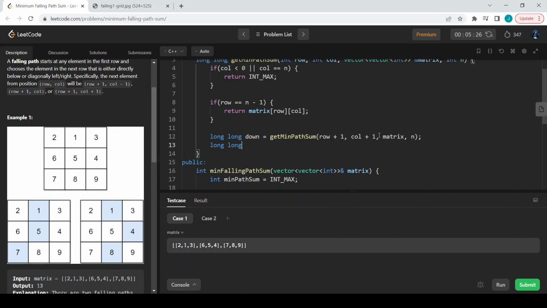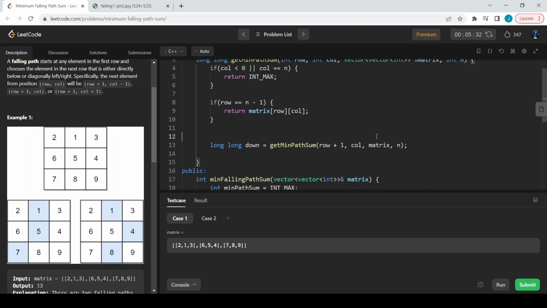Sorry, so we can go in order. Column will remain the same. Before going down, we can try to go as per the question, which is nothing but diagonally left. If I'm at this position, diagonally left, then below, then diagonally right, it will make more sense. Diagonal left is nothing but this same function